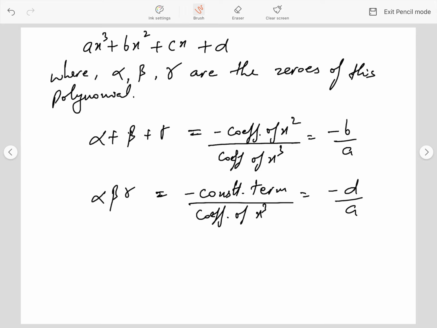And there is another formula, that is the sum of the products of zeros taken two at a time, that is alpha beta plus beta gamma plus gamma alpha, and this is equal to c by